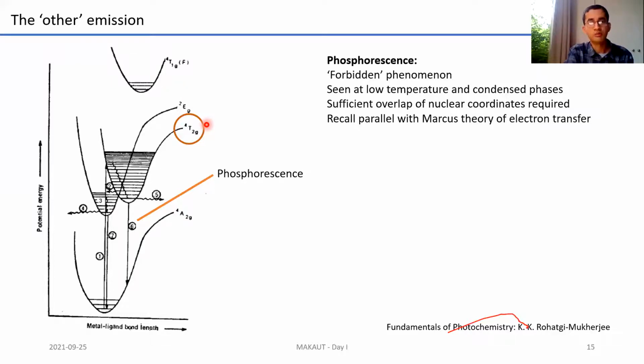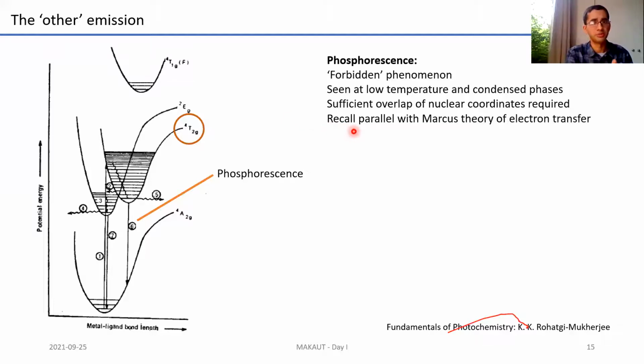Just a quick comment for those of you from a chemistry background: this kind of overlap between electronic energy states, a singlet to triplet state, as I've said, occurs only at low temperatures and in condensed phases such as liquids or solids. Solid state phosphorescence is pretty common. You see lots of papers in the current literature associated with it. So this framework is also quite similar conceptually.